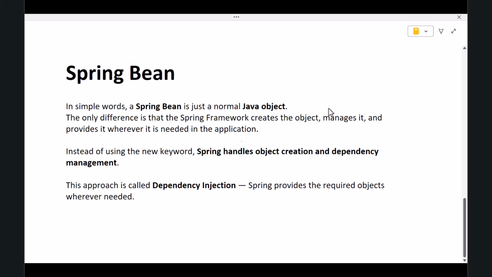Hi everyone, welcome back. In this lecture, we are going to clearly understand what a Spring Bean is and how Spring creates and manages these objects for us. In simple words, a Spring Bean is just a normal Java object. The only difference is that the Spring framework creates the object, manages it, and provides it wherever it is needed